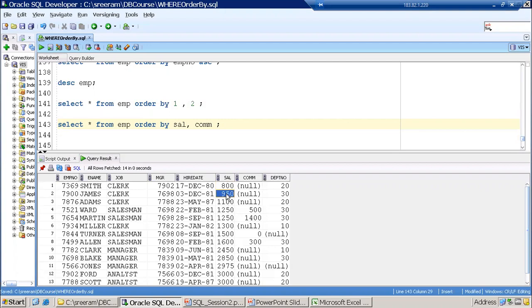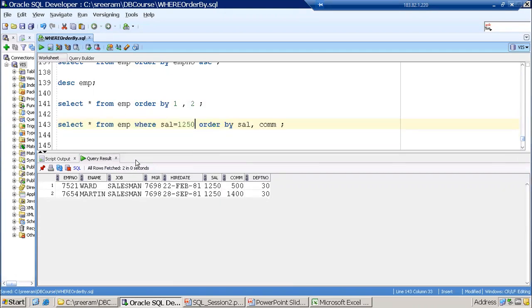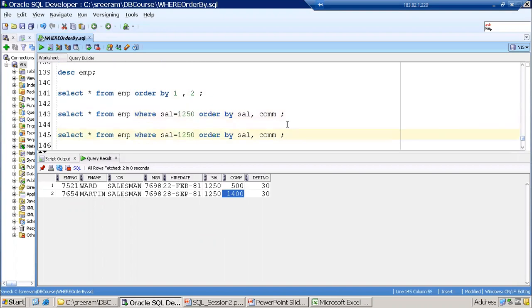I mean to say, it has already sorted all the data, but in this scenario, just observe carefully. To understand in an easier manner, I'll try to apply a where clause also. I'll apply where salary is equal to 1250. I just want to clearly tell you why it is happening like this. Now if you observe, salary equal to 1250, we got the data. This 500, 1400 also got sorted properly, right? So in this example we could not make out clearly how it is working with multiple sortings. I'll try to remove this and apply a different one.